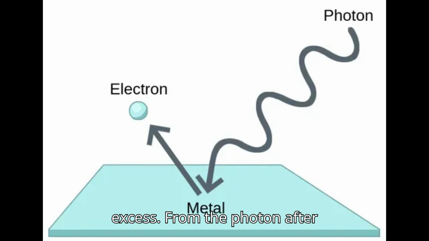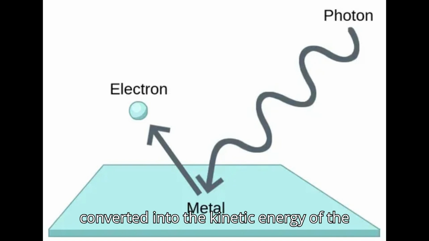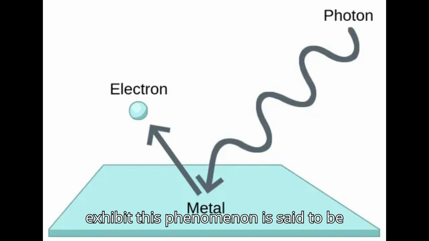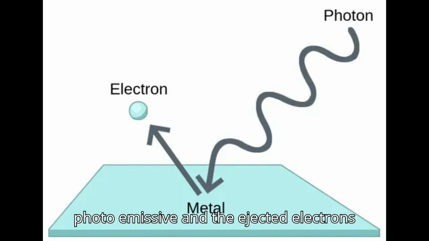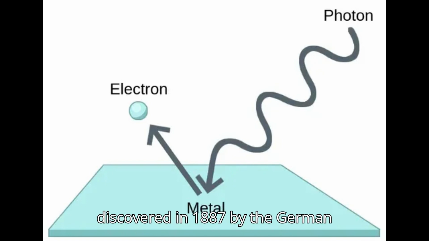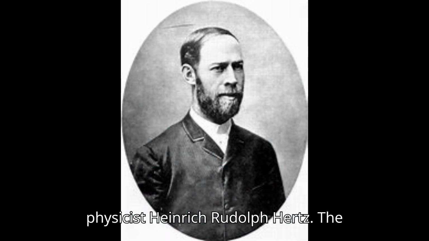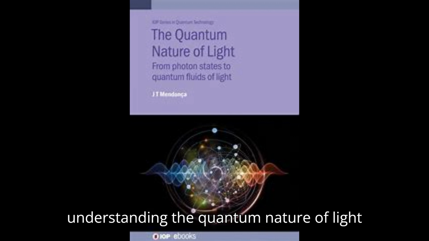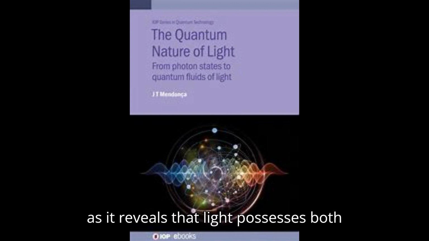The excess energy from the photon, after overcoming the work function, is converted into the kinetic energy of the ejected electron. A material that can exhibit this phenomenon is said to be photoemissive, and the ejected electrons are called photoelectrons. The effect was discovered in 1887 by the German physicist Heinrich Rudolf Hertz. The photoelectric effect is pivotal in understanding the quantum nature of light, as it reveals that light possesses both wave-like